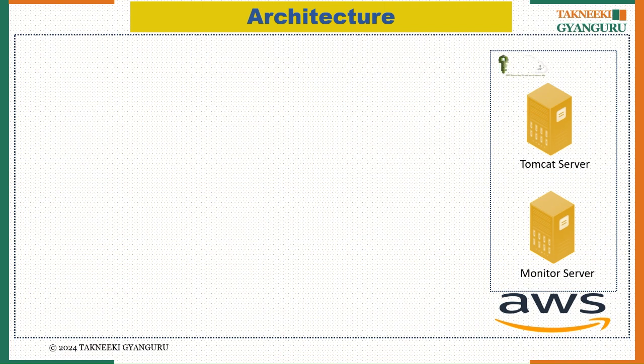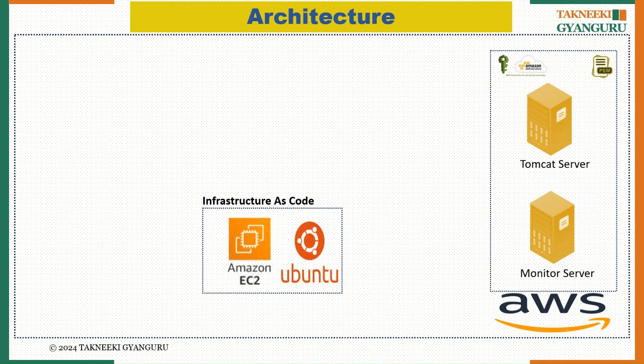Now how will we do it? So first of all, in AWS we will create the access key and secret key, and then we will create a PEM file in AWS. Now we'll create an infrastructure code pipeline where we will create the EC2 machines with Ubuntu, using the IaC script that will create the infrastructure using Terraform. So Terraform will create this infrastructure as code, and then we'll